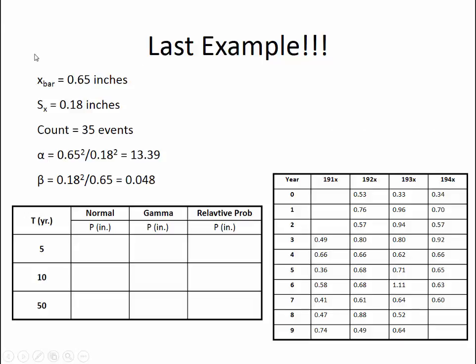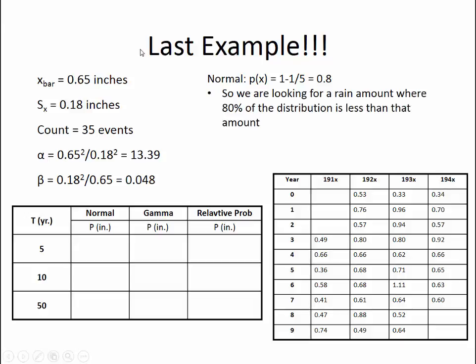Okay, so let's start out with the normal distribution. We know that what we're looking for here is a 5-year return interval event, right? So we're looking for the event that happens on average once every 5 years. So that's basically an 80th percentile event. What we're essentially saying is we're trying to find the rain amount where 80% of the distribution is less than